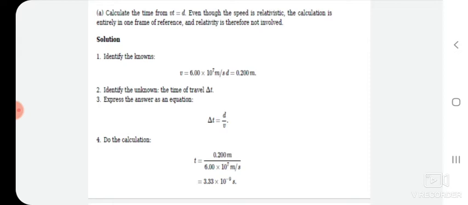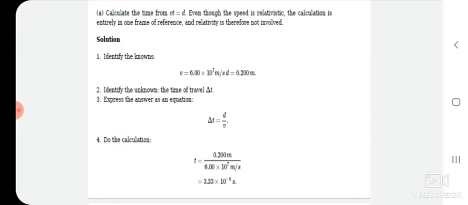Now I want to find out the time interval. Delta t is equal to distance upon velocity. We know the distance, we know the velocity. If we substitute that value, t is equal to 0.2 meter divided by 6 into 10 to the power of 7 meter per second. If we simplify, then we will get t is equal to 3.3 into 10 to the power of minus 9